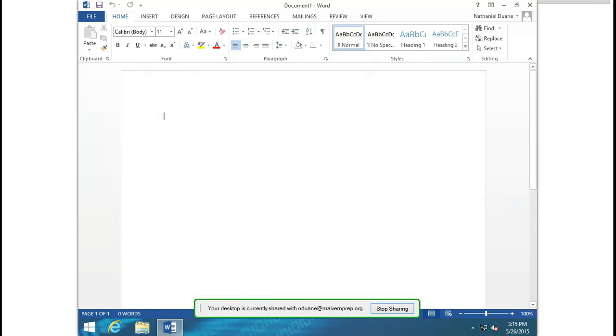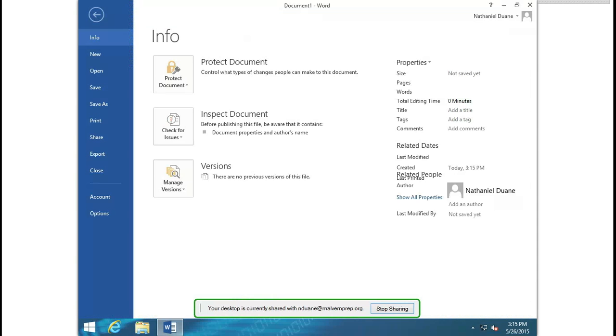The virtual machines are a little unique in that they don't have a lot of storage space. But what we did to get around that is we set up a sync utility so that it will sync with Google Drive. Now, the way you use this utility is you need to save any work you do on the virtual machine to a specific folder, and I'll show you which one. So this is my test, and I'm going to File, we're going to go to Save As,